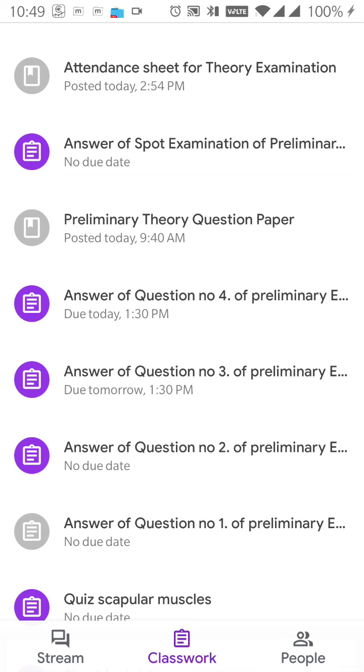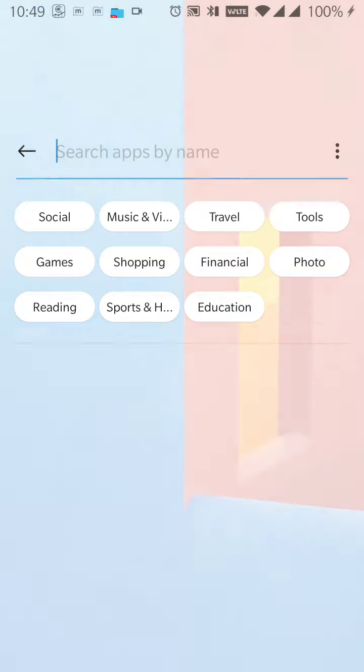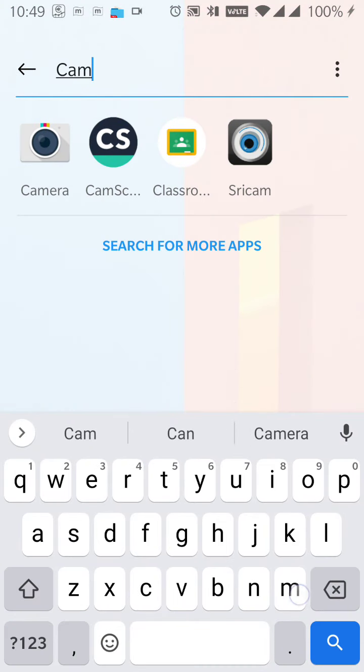There is another way of uploading the file directly. If you are using CamScanner or another scanner, I am just giving CamScanner as an example. Search for CamScanner, click on CamScanner.